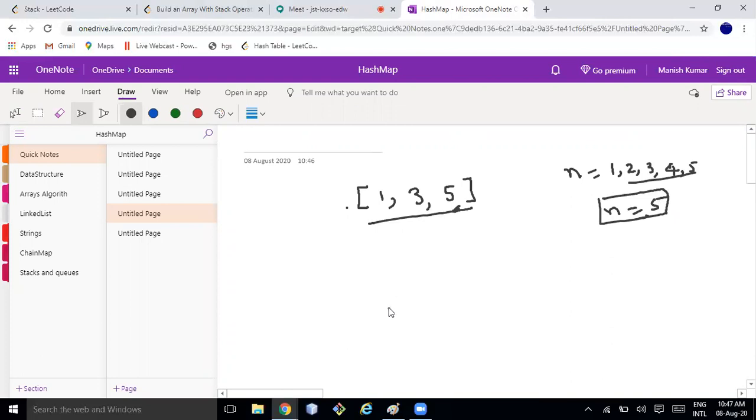You'll add 1. So what operation are you doing? First operation, push 1. Then you add 2, so again you do push 2. Then you pop it. So this 2 will be removed, right?